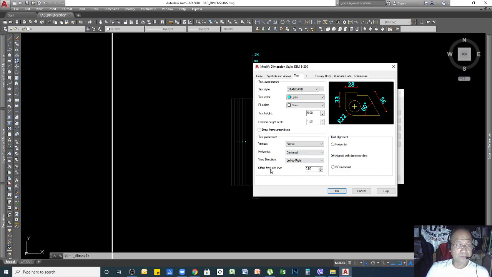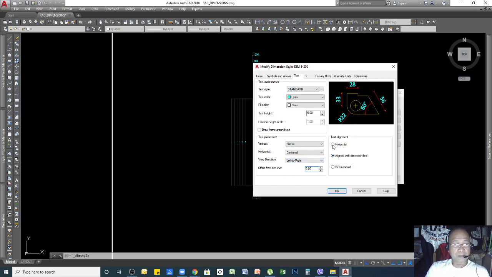So offset from dimension line, this is referring to the distance of your numeric figure or value from your dimension line. So 0.5. If you want to increase this one, this number will go far from that line. I will enter. See, so that is the purpose of offset from dimension line.